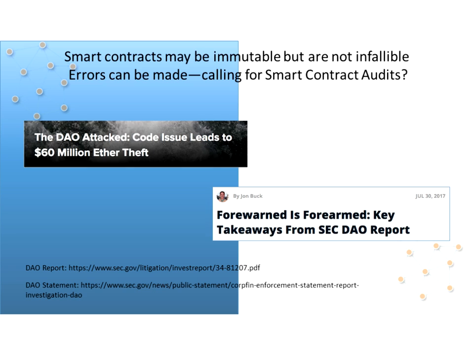All right, so smart contracts may be immutable, that's what I keep saying, but they're not infallible. Errors can be made. And so we might even be looking at audits of smart contracts. The announcement at the left there says the DAO was attacked, code issue leads to $60 million Ether theft. Well, what that is there is a